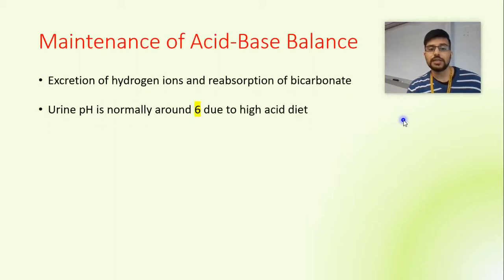With regards to your acid base balance, you want to make sure that if there are hydrogen ions, we can get rid of those. That's going to define an acid. And we want to reabsorb bicarbonate ions to manage some basicity inside of our system. So our pH for our urine typically is a 6. The lower you get, the more acidic you are, and 7 is neutral. So 6 is slightly acidic because of those extra hydrogen ions, those extra protons in our urine.